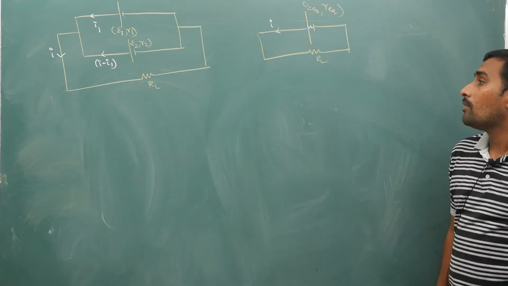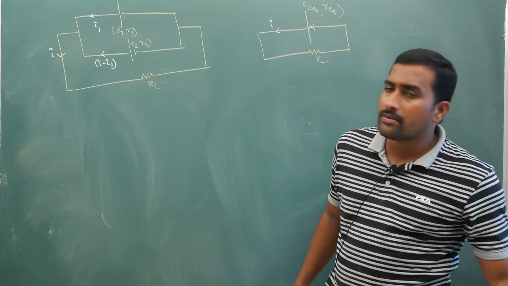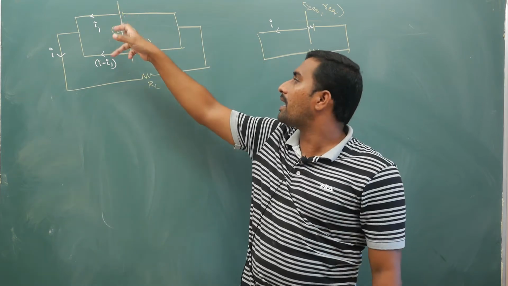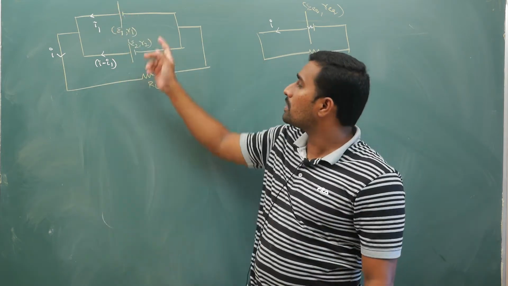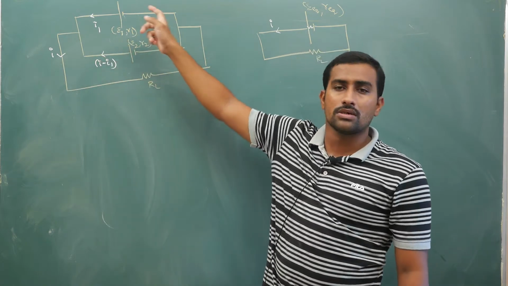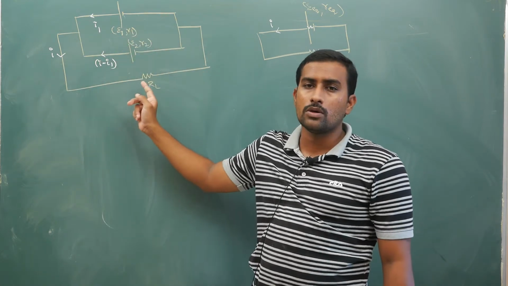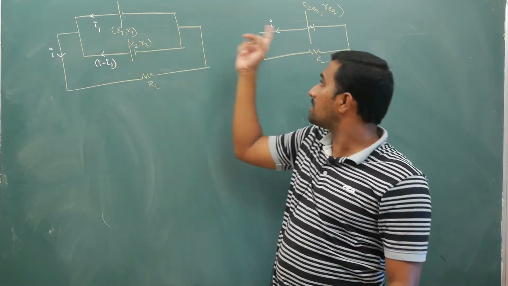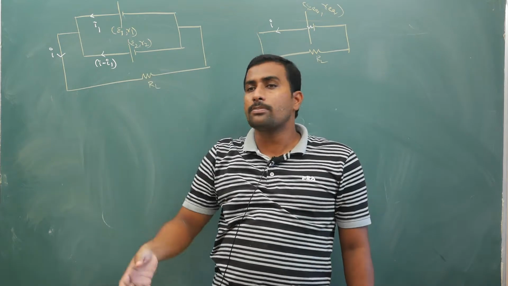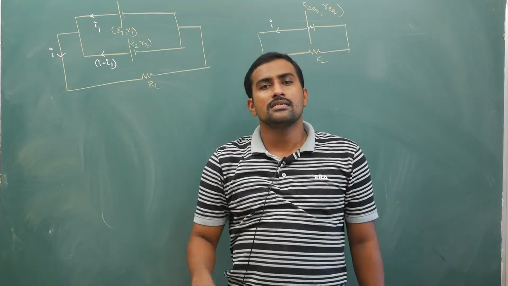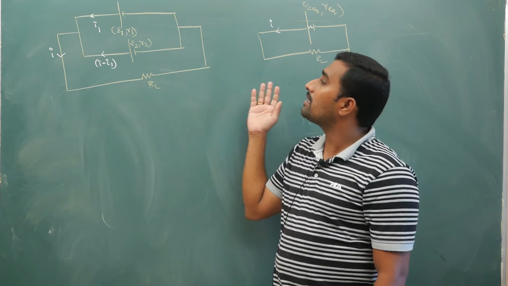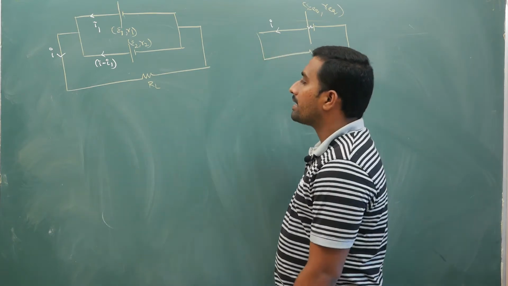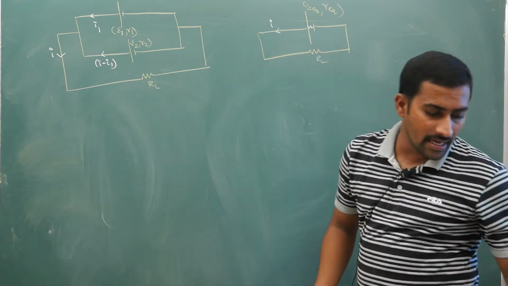Now the advantage is, when big questions are given, you can directly replace two cells which are in parallel like this with a single cell. Or else you have to take Kirchhoff's law in this loop, Kirchhoff's law in the bottom loop, and then solve those two equations. But if you remember the end result of this calculation, in big problems you can directly replace it with a single cell. So the cell's equivalent EMF and internal resistance is what I am trying to calculate here. Now I will apply Kirchhoff's law and get the results.